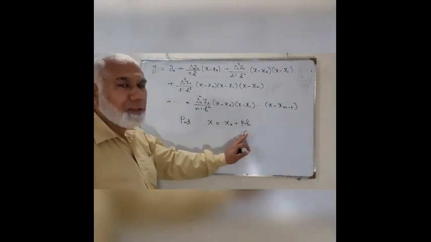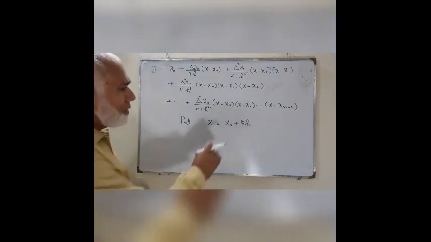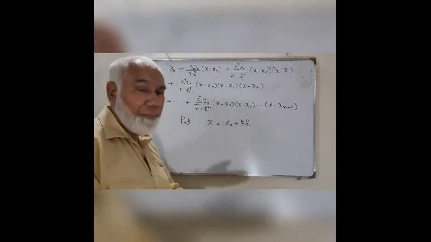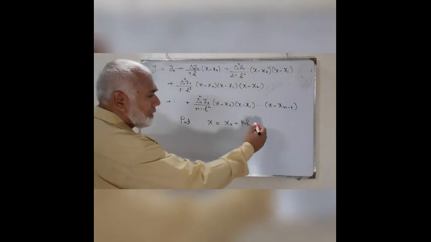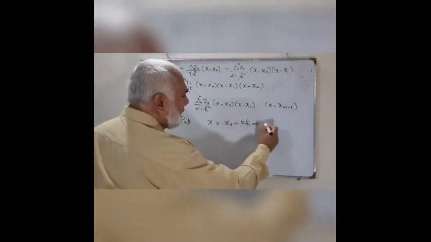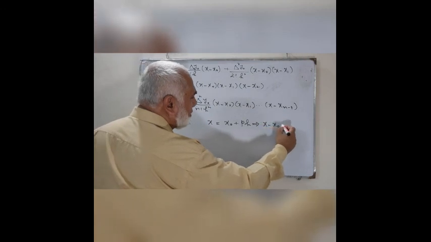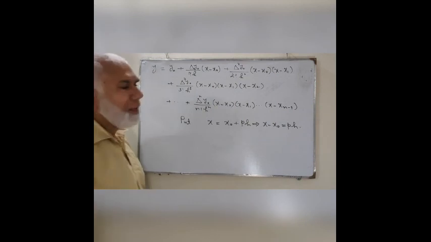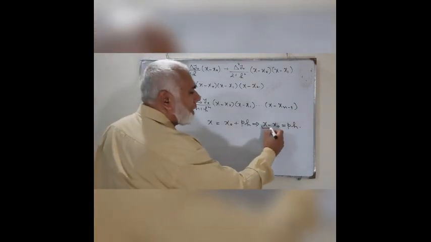I am using this substitution, and this will make your result a bit simpler, and that will be helpful to keep the formula in your memory. So from here we can further write x minus x0 is equal to ph. Now you can see here x minus x0